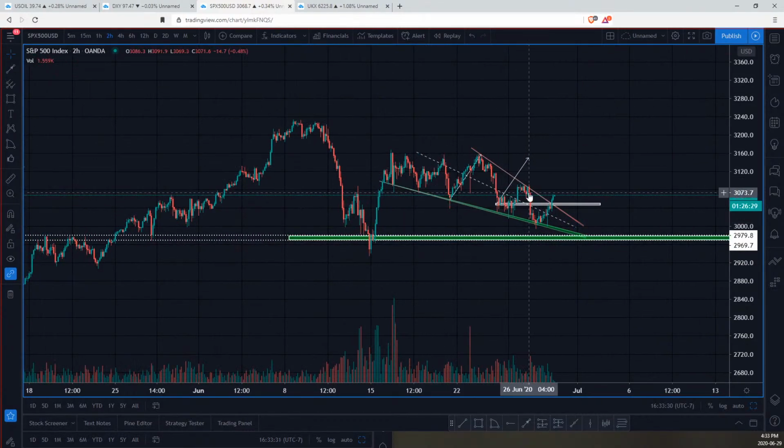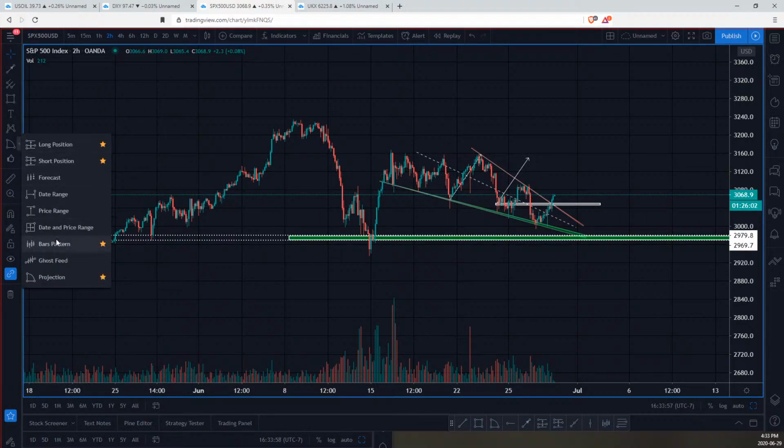And then we had a nice descending wedge here. Initially, I was thinking we could potentially melt down, where we see a series of lower lows, and then we break that descending trend line connecting the lower lows, and then we pull back and retest the previous support as a new level of support. Ideally, that would be in confluence with the 2975 zone, and then we get a nice retest. We can actually draw it, or potentially even just find an example. So if we get a bars pattern,